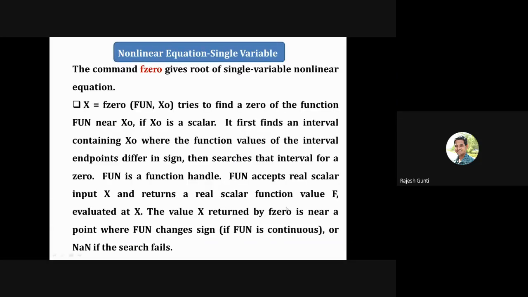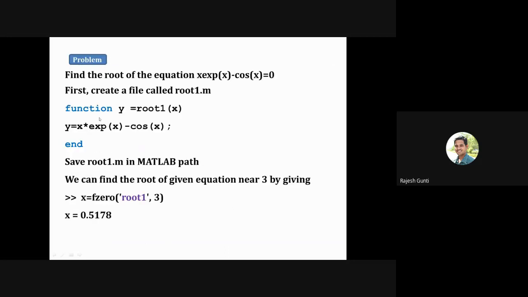We have created one M file there. Am I correct? Function by root one. We have created one M file and a starting point. These two are the important things to solve